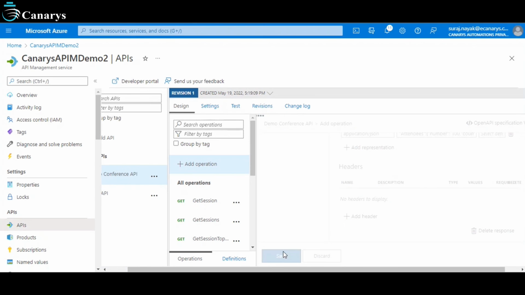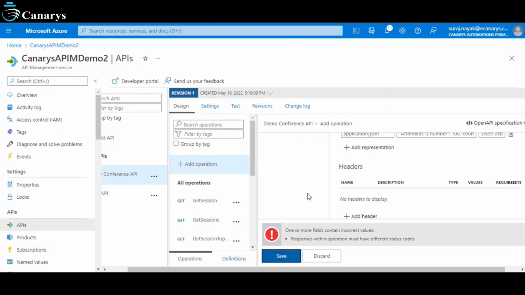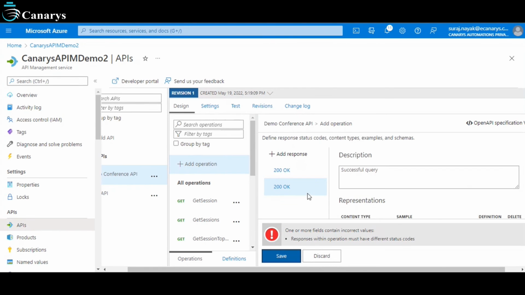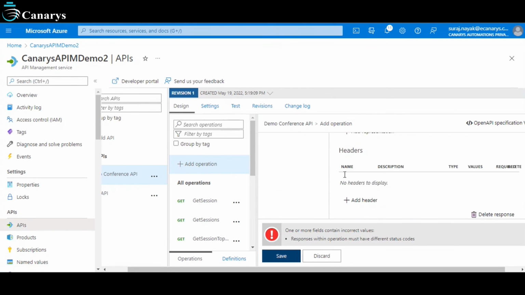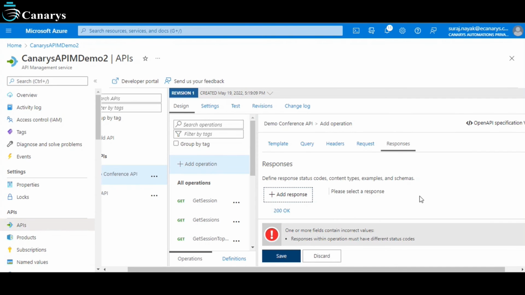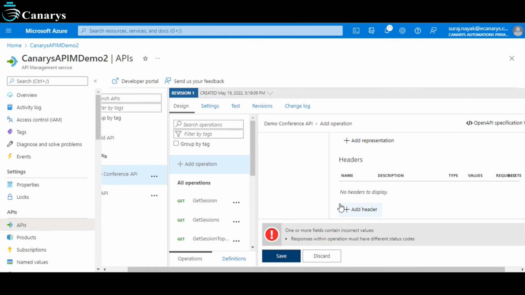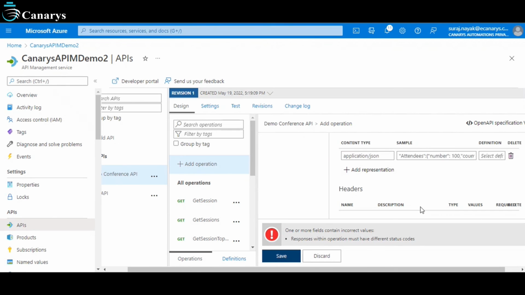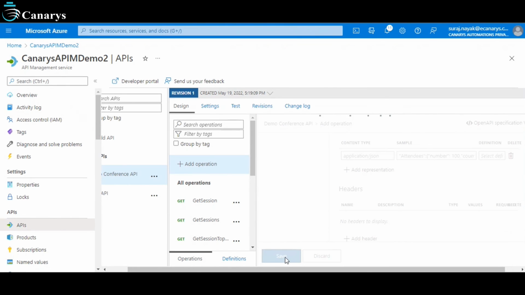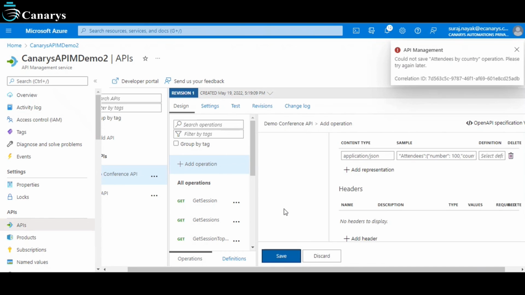And what I'll do is I'll enable a mock response for this. So anytime just have different status codes. Okay, I have to remove this because nothing there. So when you enable a mock response, any request to this operation will give you the same response. So again, like I said, this is just for the testing purpose. So when I save this,